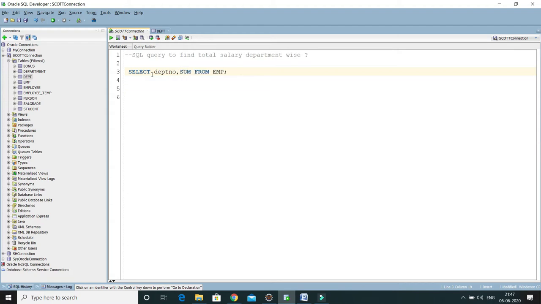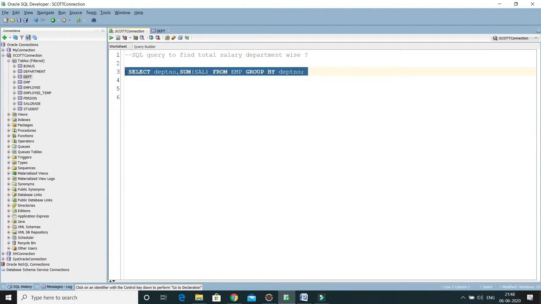So here I'm going to apply the sum function and pass the column name, that is nothing but the salary. We want to get the sum of the salary department wise, so here you need to apply group by on the department number.